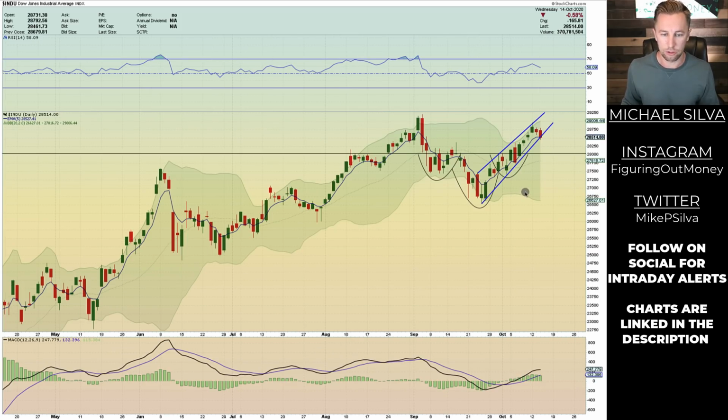Here is the Dow Jones. Once again, inverse head and shoulders, broke the neckline, looked pretty strong. I think that we closed below the 5 EMA, or it's pretty much sitting right on it and at the lower portion of this trend line. Let's actually see here. So it closed at